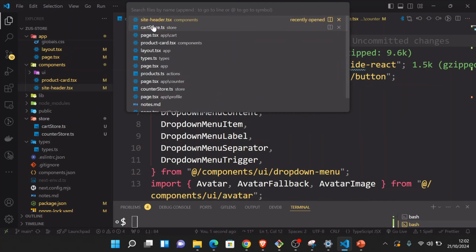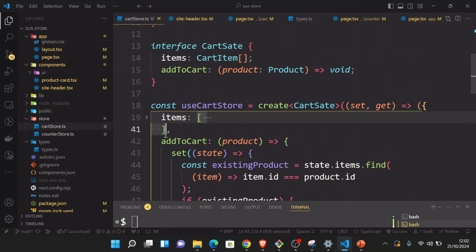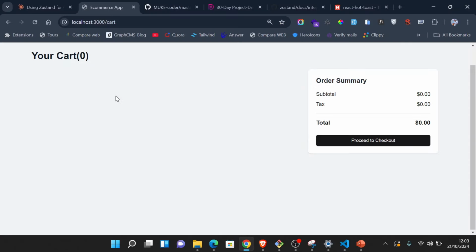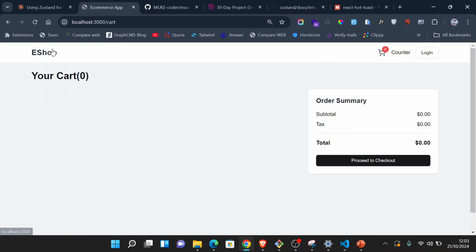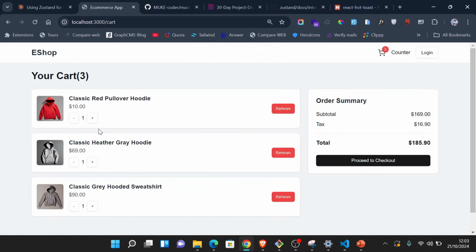So from the cart store, I will go and make this an empty array. I'll replace this with an empty array, so that now we don't have some items already. So you can see here, even here is 0. So you add this 1, 2, 3. Now if you just go here, you have 3 items in here. Okay, and you can see even these totals are well calculated. This is 79 plus this, you have that. Okay, so